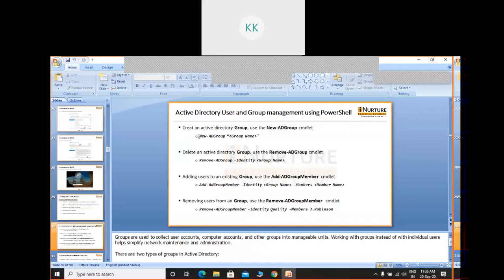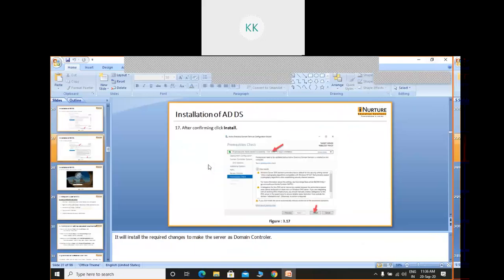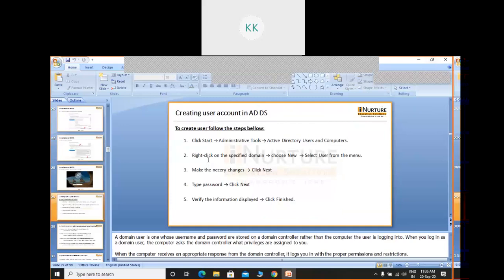To create the groups, you have to follow just simple steps. Using the wizard, after right clicking, you will find all the options of what you're going to create: group, organizational unit, or the user. Based on your requirement, you choose. And when you go for creating the user, you will find an option where you can choose the group. If there is a group, then you may or may not be a part of this group, based on your interest.